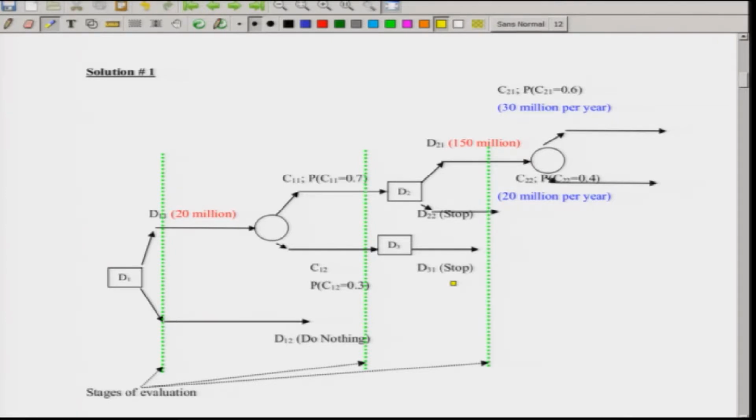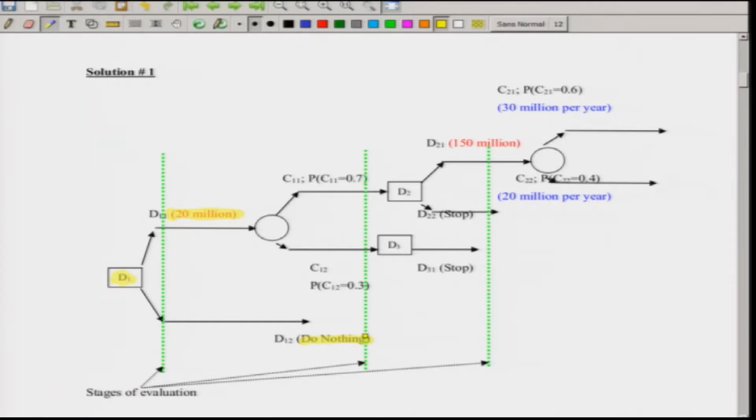For the decision stage, when you are taking the decision, it will be denoted from the left as D1. So, this is the suffix D1. I will now highlight it, so it is easier for us to understand. So, this is D1. In D1, there are two paths. Path 1 is, if you remember, that it would do test marketing for which it will invest 20 million. This 20 million which you are seeing, which is red in color, red means the money is going out from Spectrum company's pocket. So, this D11 would be 20 million negative.